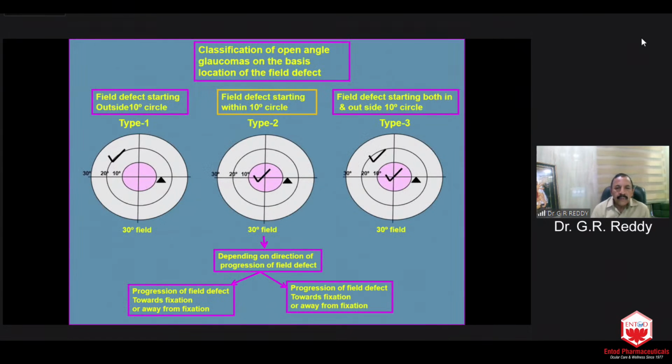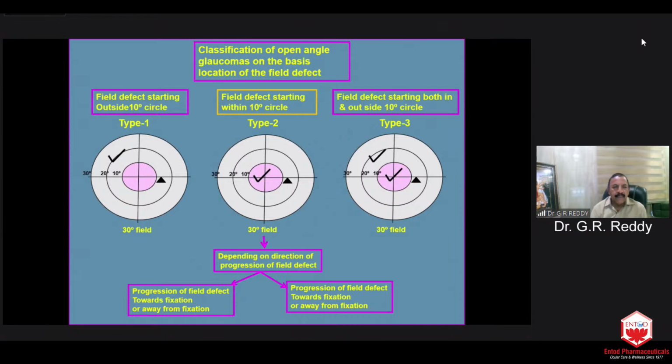As you know, the open-angle glaucomas are classified into primary open-angle glaucoma and normal tension glaucoma on the basis of IOP. Since the location of the glaucomatous field defect, exactly where the field defect is starting, plays a major role in the management and prognosis of glaucoma,